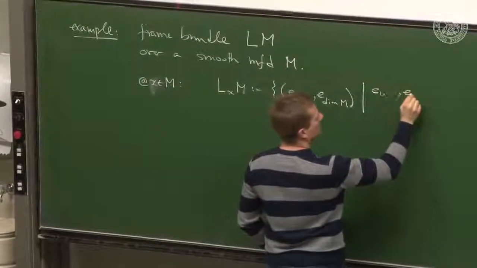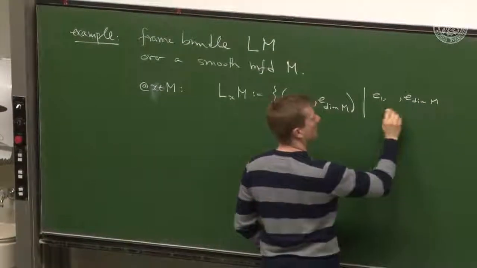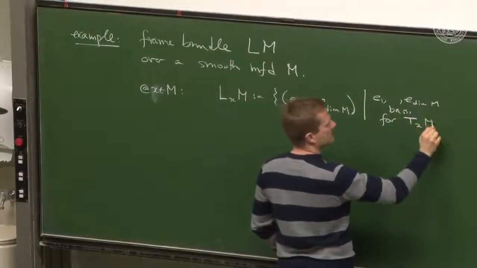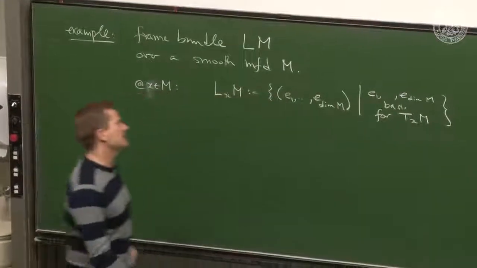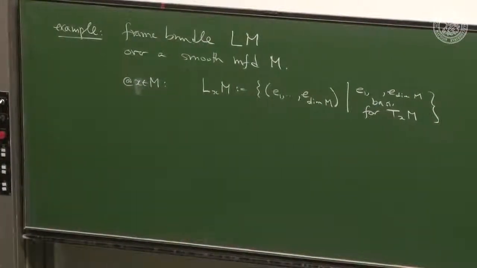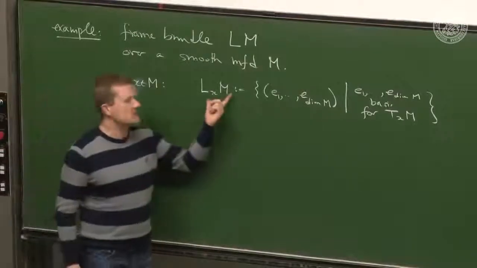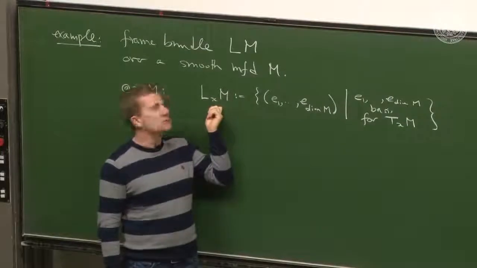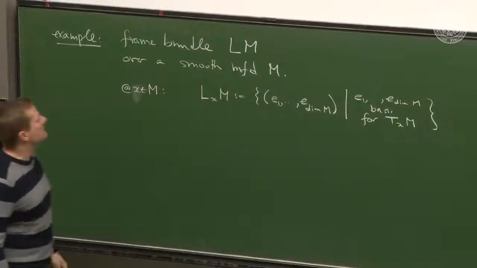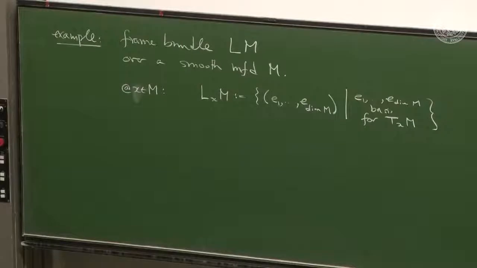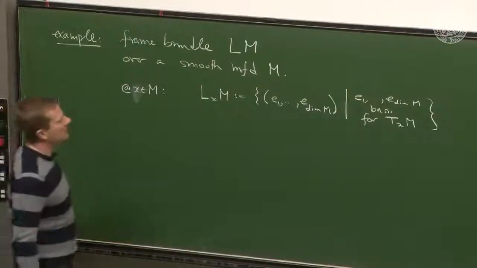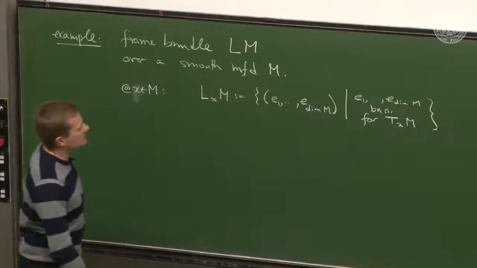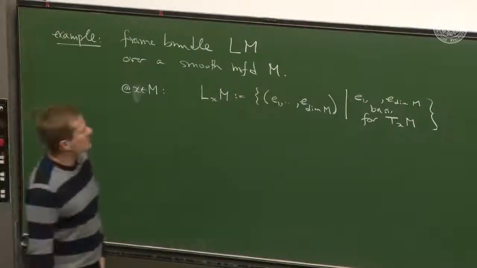So E1 to E dim M are a basis for the tangent space T_xM at precisely this point. And that's not the frame bundle yet. That's the space of frames at a point x. So a frame is a basis. We could call this the basis bundle, but it's just tradition to call it the frame bundle. Okay? And so we have this kind of guy, and this is obviously